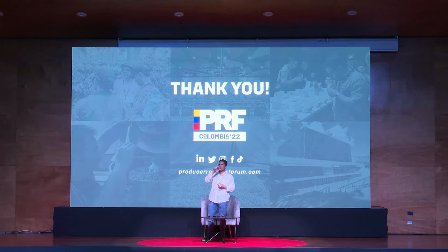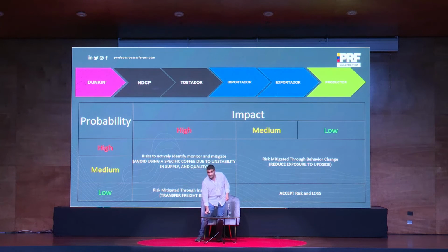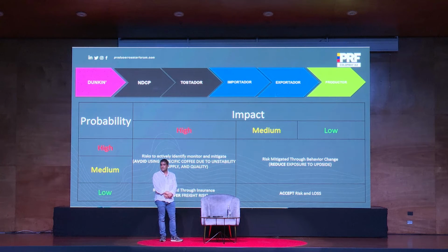Hi, my name is Sasha Renhifo, and I just had a question about the risk graph, because it seemed that at the very top, you had the producer all the way to the right. Yeah? So is this implying that the producer is carrying the least risk in the supply chain? And if so, it seems to me, from my point of view, that perhaps the producer has the most risk, because by the time